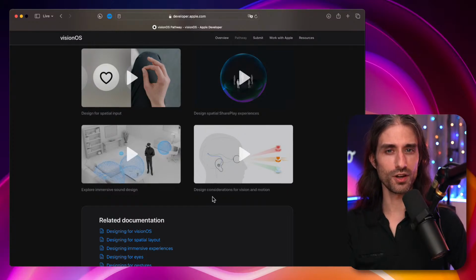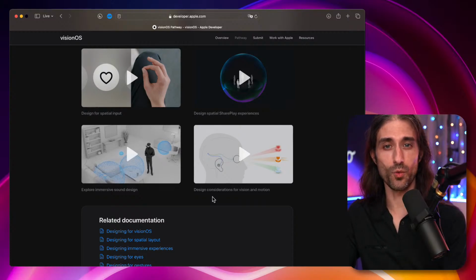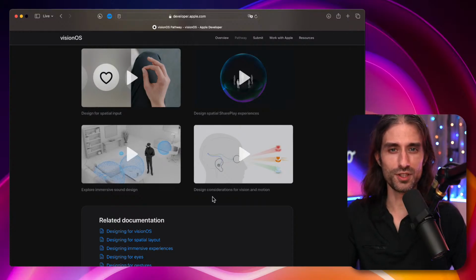Don't make your user feel motion sickness. I tried playing Resident Evil 4 on my Vision Pro by sharing the screen of my MacBook Pro, and it made me nauseated in a matter of seconds, which was never the case when using the Vision Pro to watch movies or to use the Vision Pro apps.